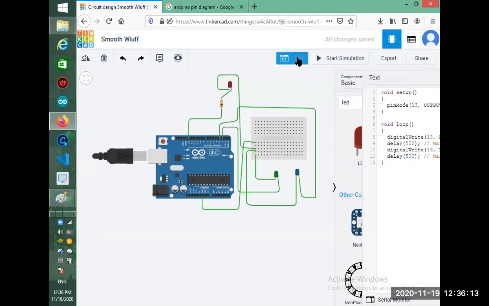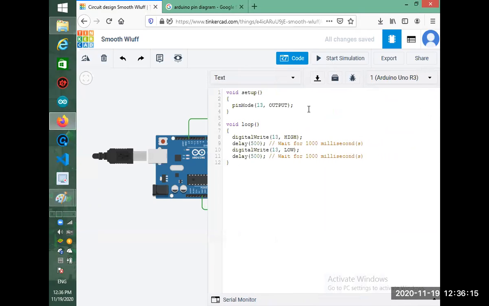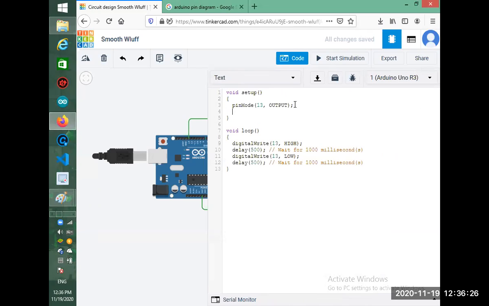So we have this coding section. We have chosen pin 13 for the red one, and pins 2 and 3 for the green and the blue. We need to tell the Arduino what we are going to do. First we need to tell it that we are selecting pinMode, meaning we are using a pin. The M should be capital. The way I am writing this, you have to write the same, and it is case sensitive.